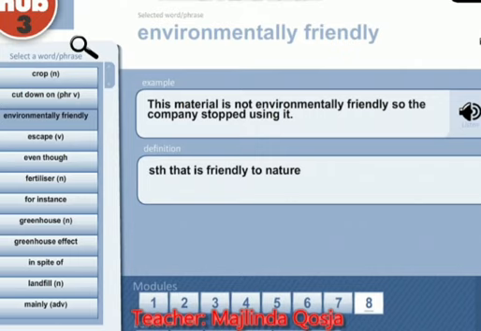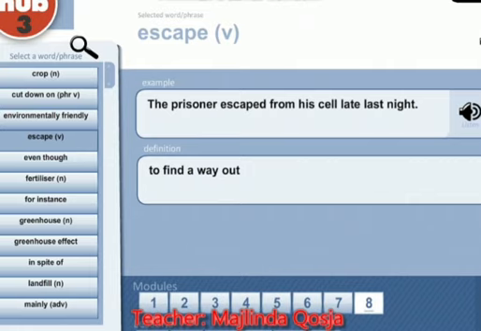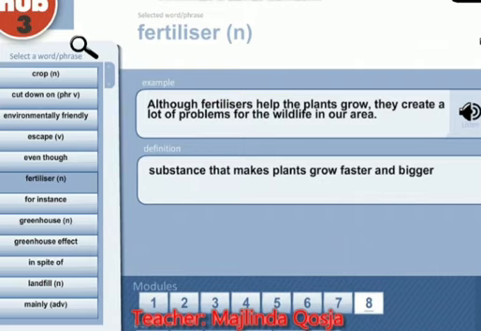Environmentally friendly, so that it's friendly to nature. Escape. To find a way out. For example, a prisoner escaped from his cell late at night. Fertilizer, a substance that makes plants